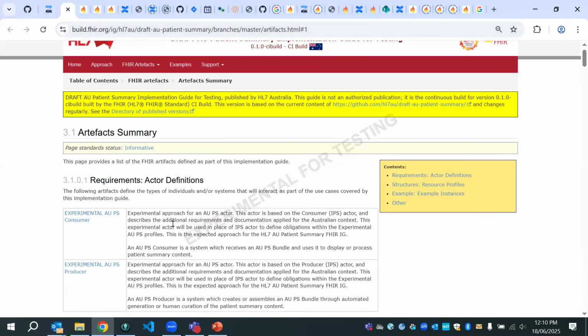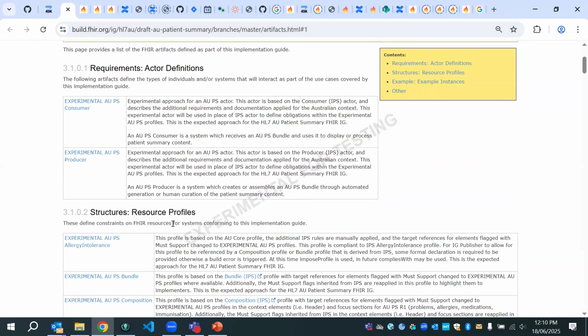We've got a whole bunch of different testing things, but what we've got at the moment around the ACTA definitions is that the Australian patient summary itself is getting to the pointy end of an initial proposal. The idea is that we are going to have 2 actors, the Australian patient summary consumer and producer. These will derive from the IPS actors because we have an agreement that Australian patient summary will comply with IPS